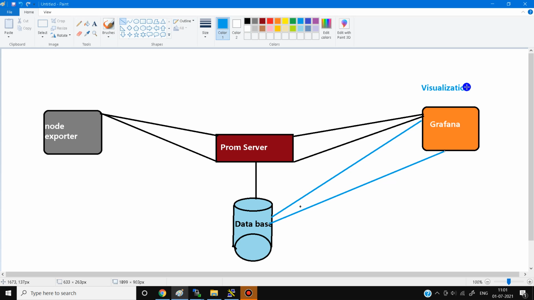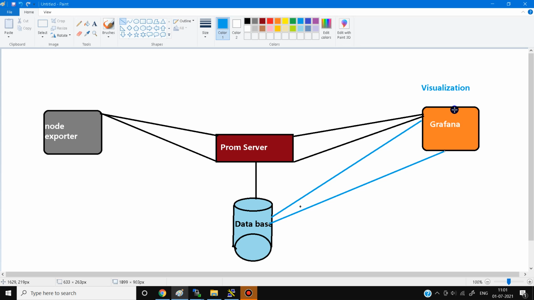Now for collecting the information in Grafana, Grafana will send a signal to the database, and the database retrieves the information to Grafana, and this process runs in real time. It means the database sends information every 15 seconds to Grafana, and according to the metrics, Grafana will show you the visualization in the form of graphs.